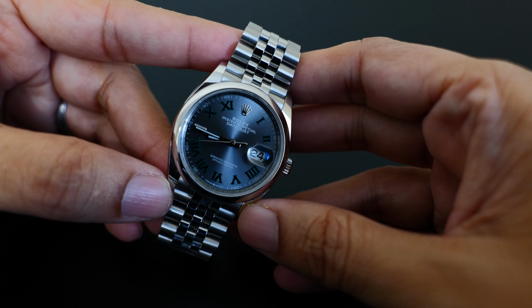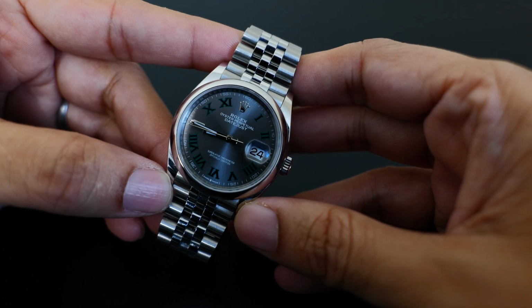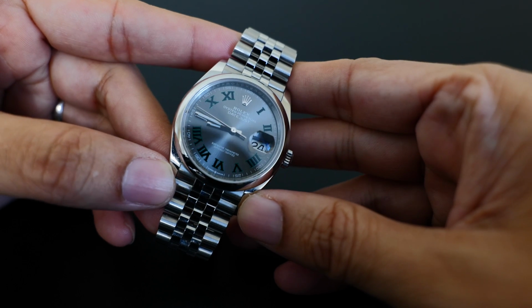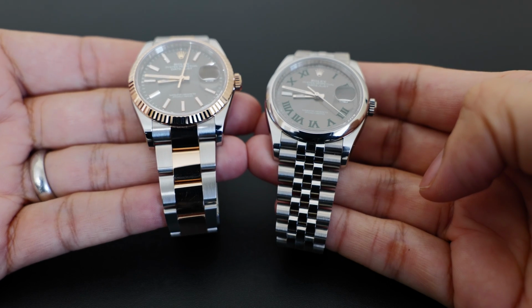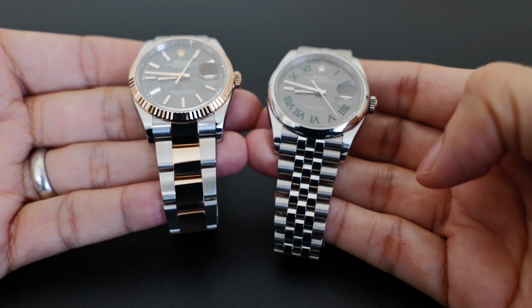This steel configuration feels a little more versatile to me. I feel like I can wear it on more occasions without attracting any attention. The choice of bracelet not only affects the look of the watch, but it affects the feel of the watch